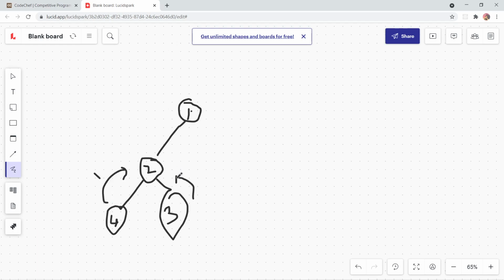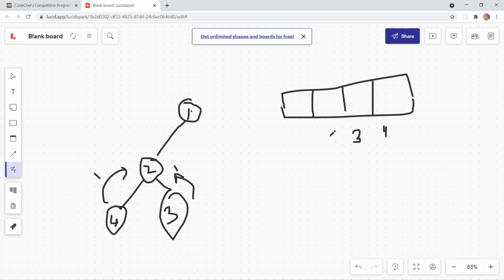I'm going to return 1. 2 is going to say, so this is my array of 4, 4, 3, 2, 1.